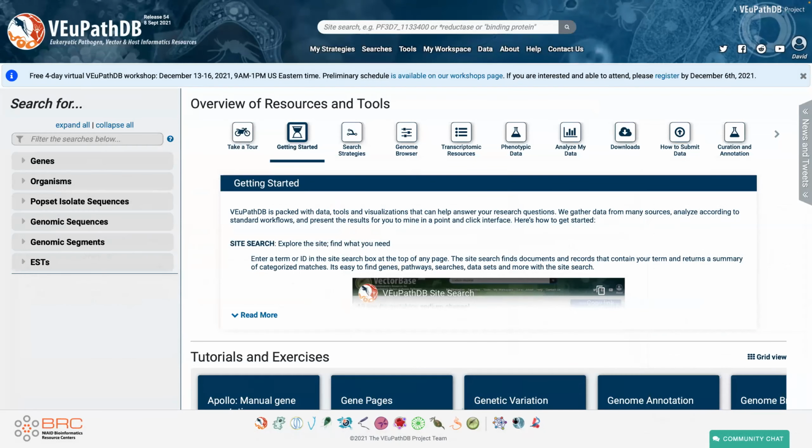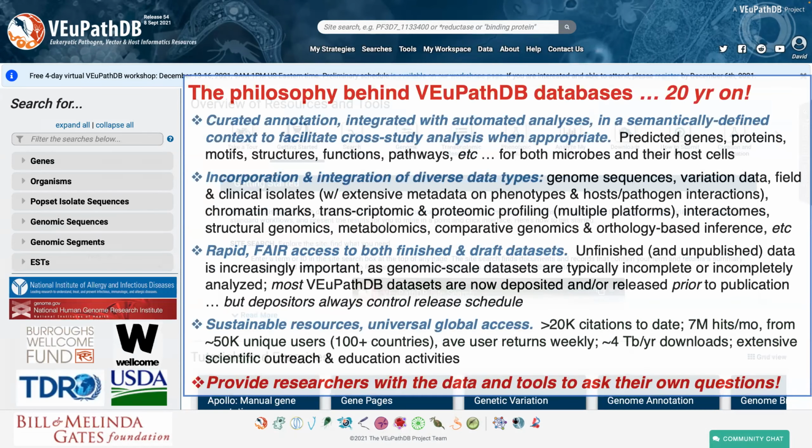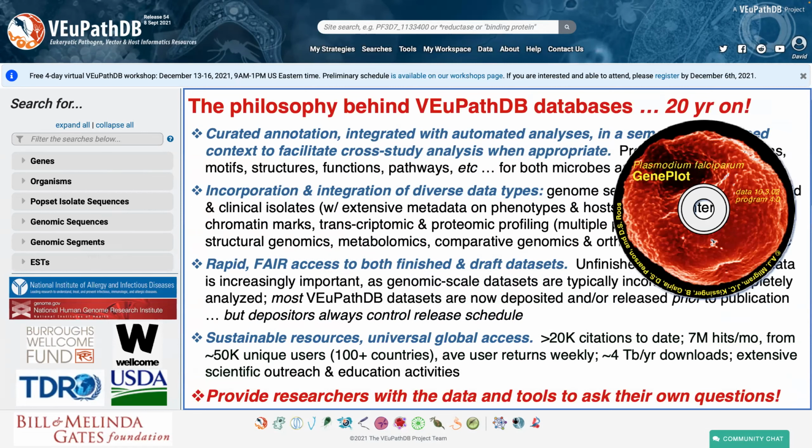Some of you may be more familiar with the widely used genome informatics platforms that have grown and expanded over the years, now represented by the VEuPathDB database, the vector host and eukaryotic pathogen database resources that have been supported by a variety of funding sources, and for over 20 years. For those of you like Winston, for example, who were barely born 20 years ago,